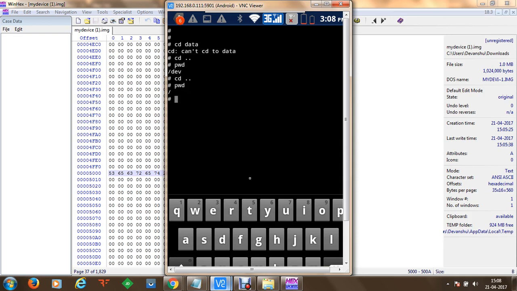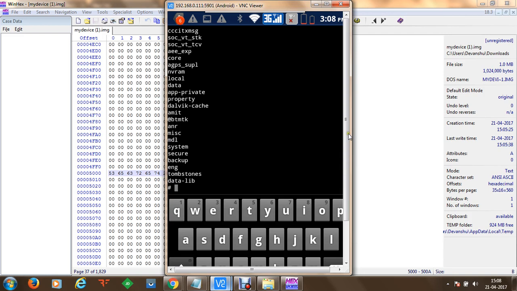If we do it now, we'll go to the data directory, and if we do list, you can see that these are the contents of the data directory which were available in memory block partition 3, and now they are mounted on the drive. So this is how the mount system command works, and this is how we analyze device mount points on Android devices.